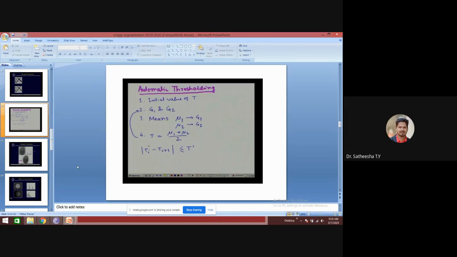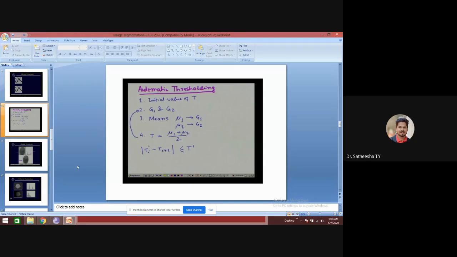Once I get mu1 and mu2, the fourth step is to choose a new threshold T, where T is equal to (mu1 plus mu2) divided by 2. After doing this, you go back to step 2 and perform the thresholding operation once again.